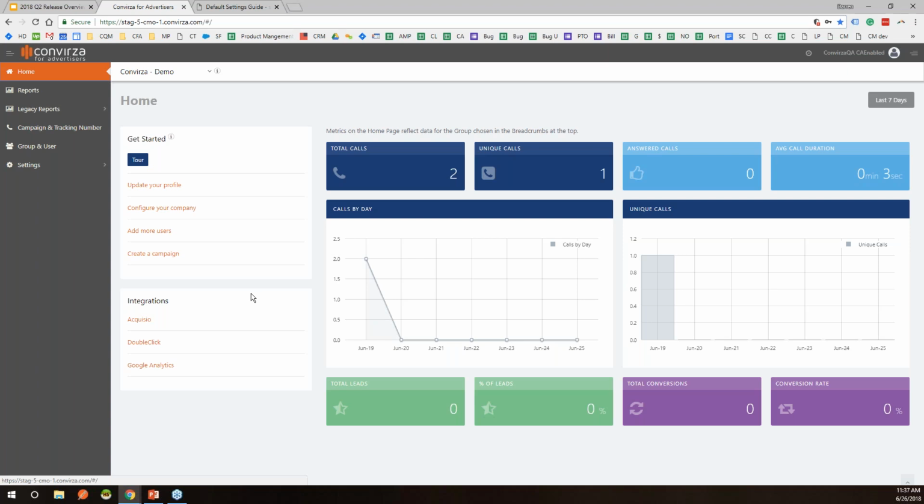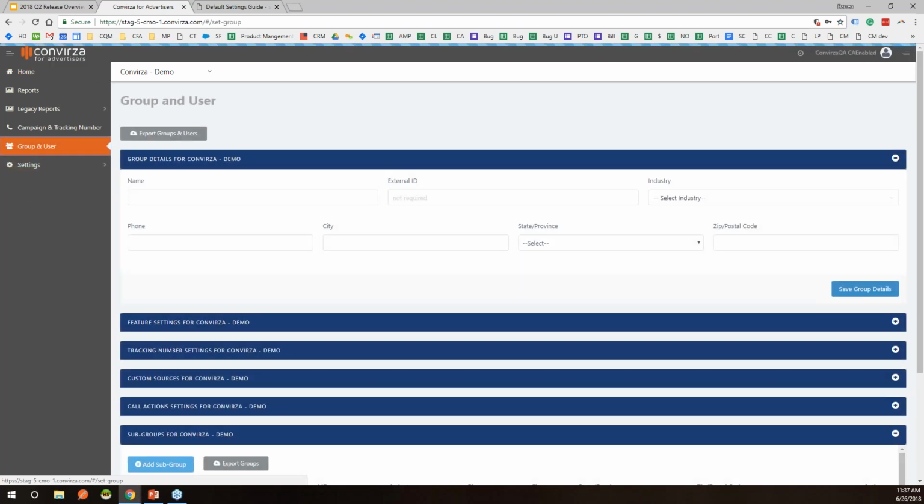First, let's go to the group and user page, which is where we're introducing those defaults that I've talked about. So on the group and user page, you'll notice a few updates that we've made. First, and I didn't really highlight it as one of the main things that we introduced, but we are now